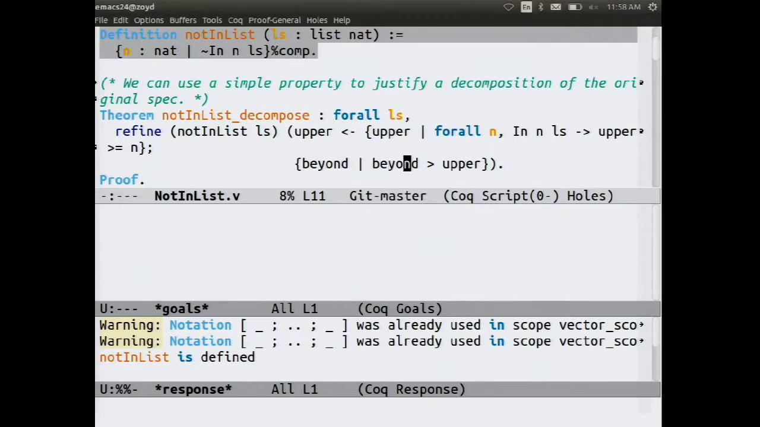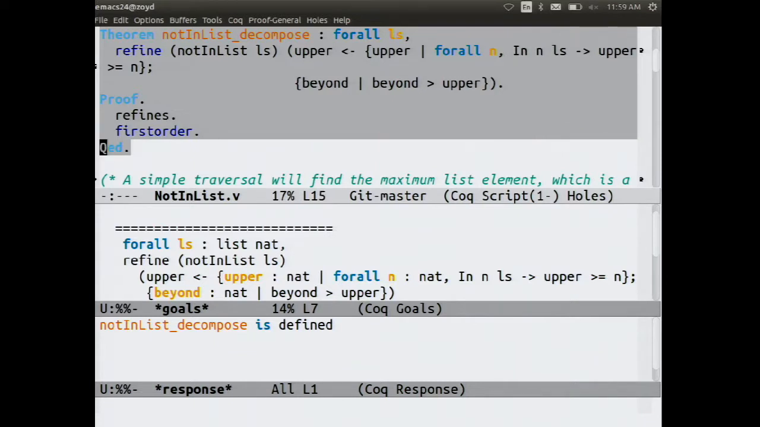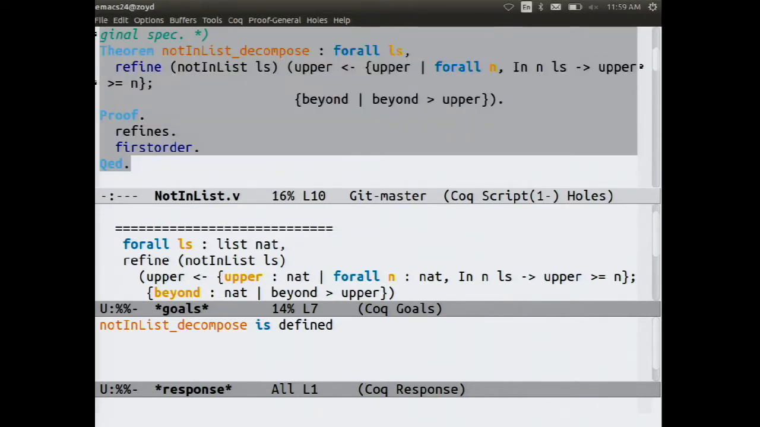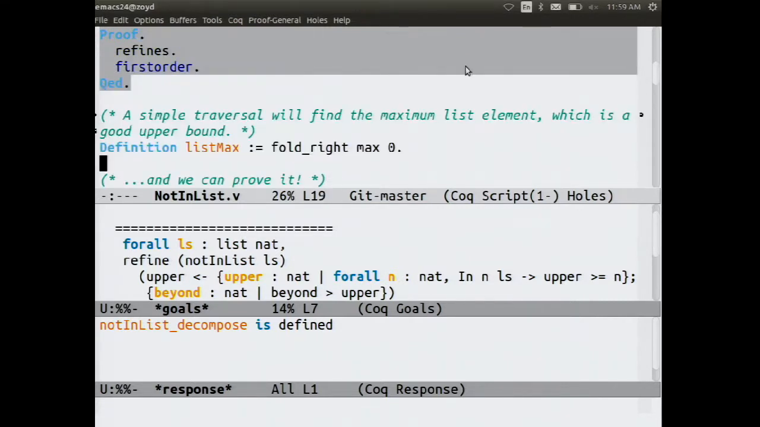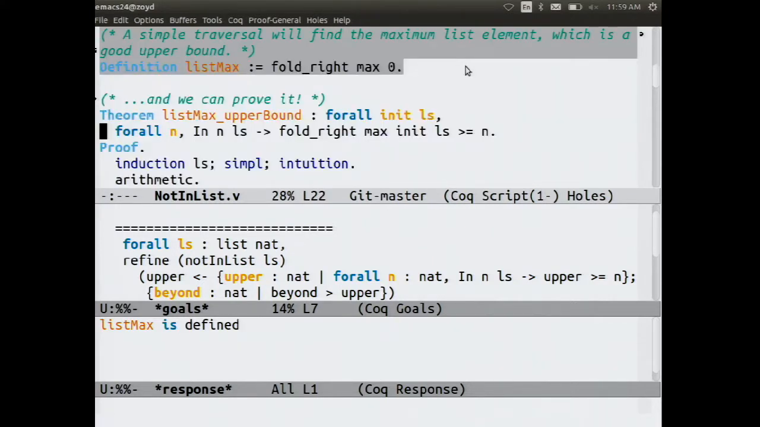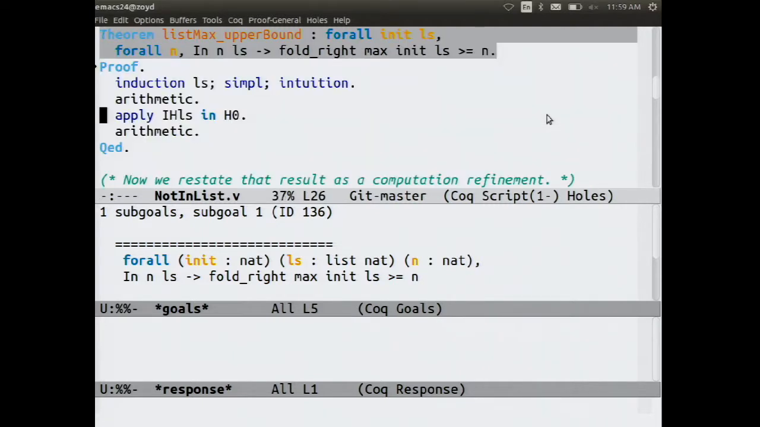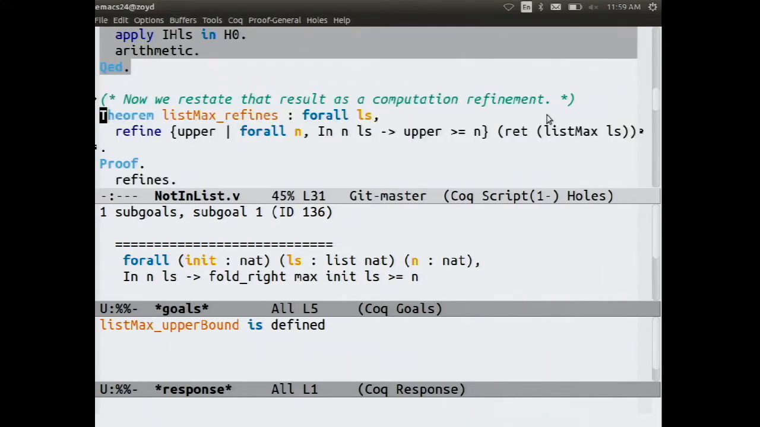And this isn't too hard to prove as a refinement. So now we can reduce the problem to finding an implementation of upper and an implementation of beyond. To implement upper, I'll use folding the max operation over the list. I can prove that the max process, regardless of what we use as the initial value, where the 0 appears, will in fact give us an upper bound for the list. And that's not hard to prove. Here's the proof. Then we can restate that property as a refinement. Namely, if you're looking for the set upper such that upper is greater than or equal to every element of the list, then you can